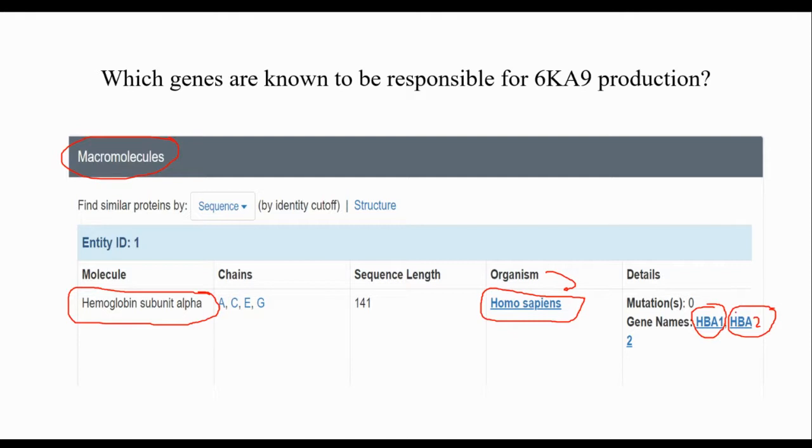So from here we understand two different genes are responsible for synthesizing alpha protein. It's not always the same case. Sometimes we see only one gene is responsible for the whole protein, like for example the beta globin gene, HBB,